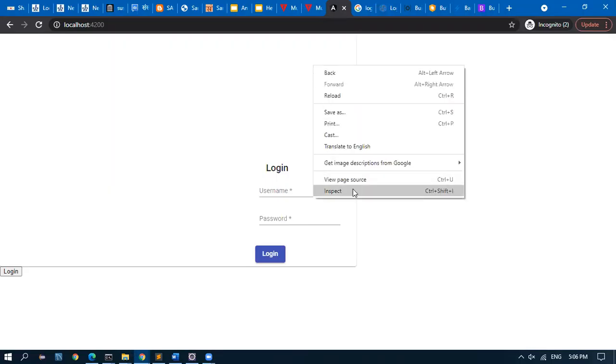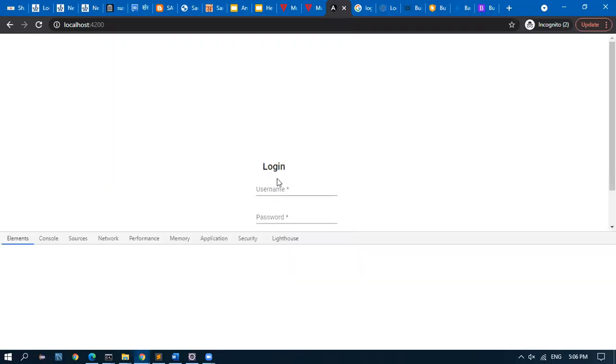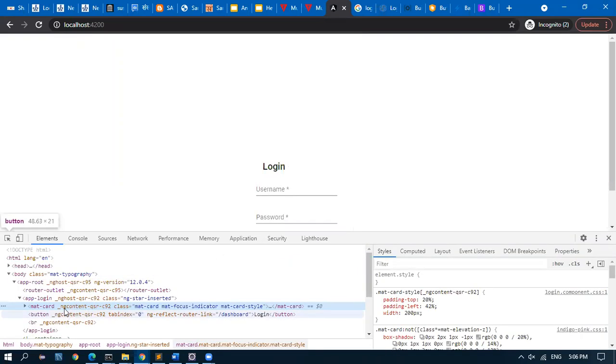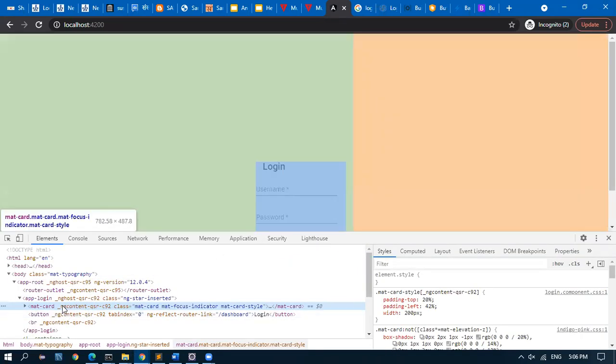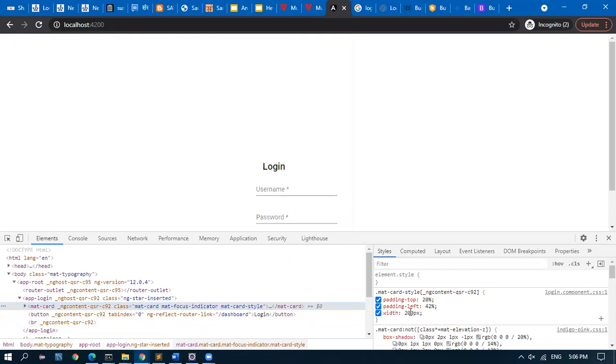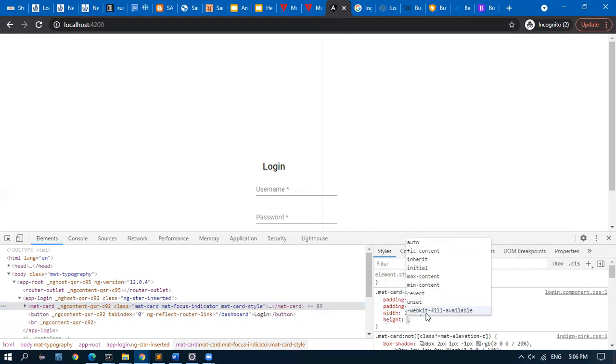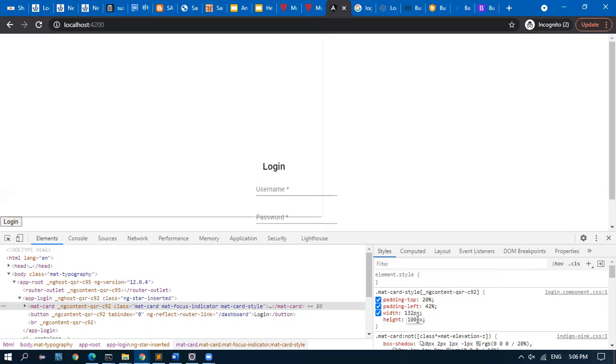If you notice here, I think we can keep it in the middle. So this is the mat card. If I reduce the card width, I'll keep the height as 100 pixel and width as 100 pixel.